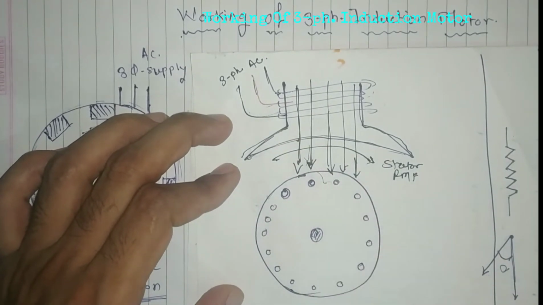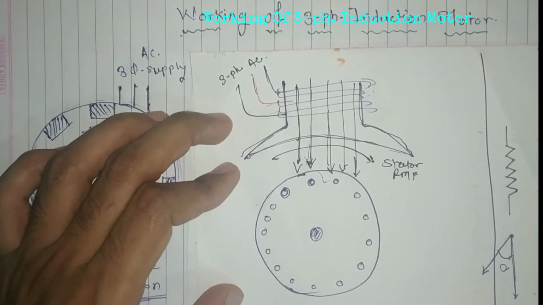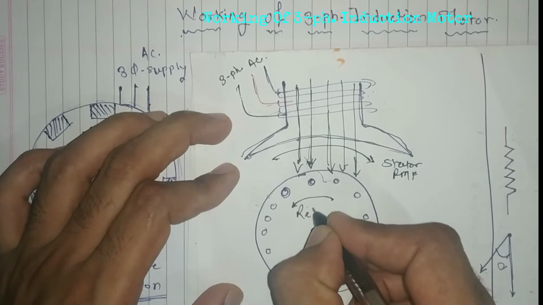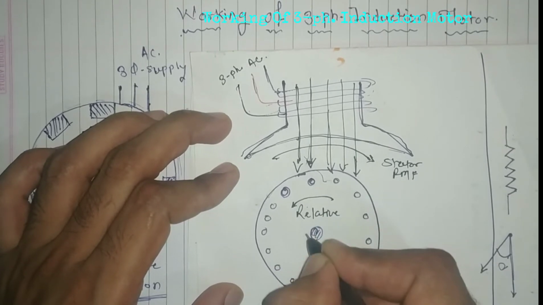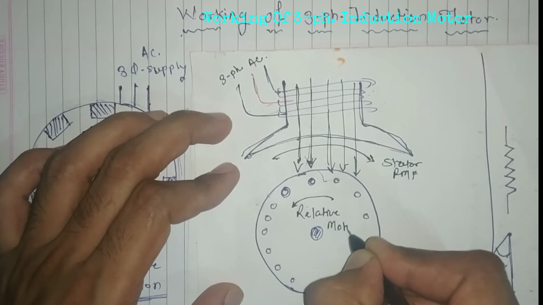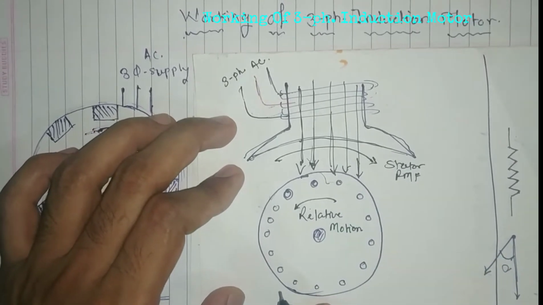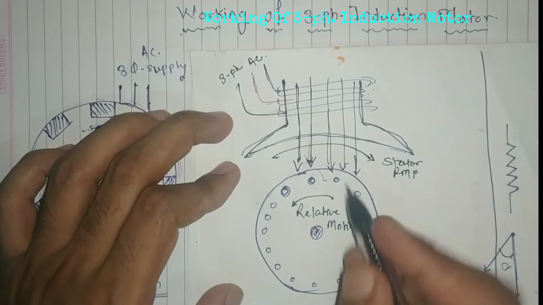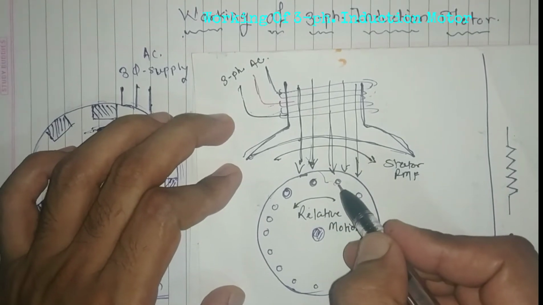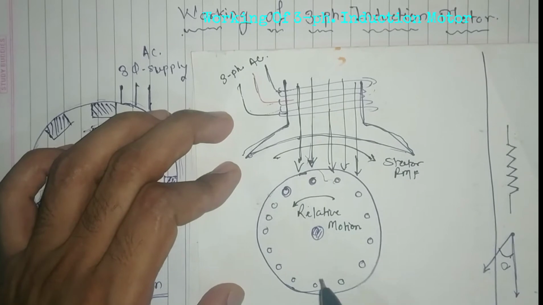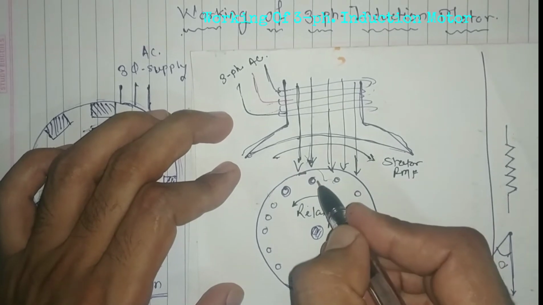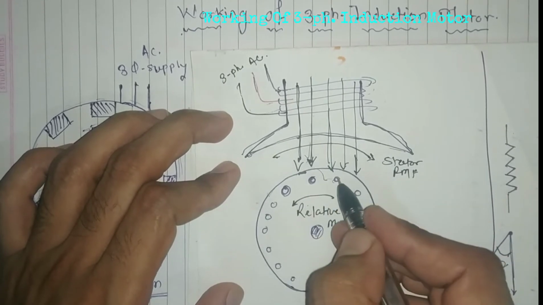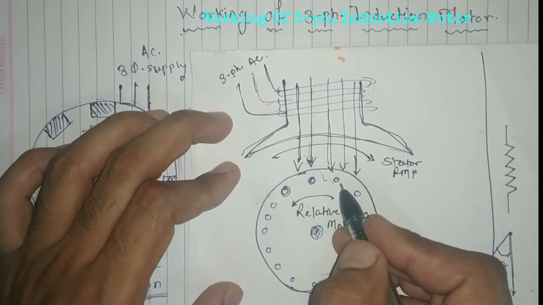Now just as I told you, if a rotating magnetic field is produced over here, there is a relative motion, because at the instant your rotor is standstill, so there is a relative motion here. Now this is what your relative motion. Just because of that relative motion, your conductor will start to cut your magnetic field, right? Your conductor will cut this magnetic field which is flowing in this direction.